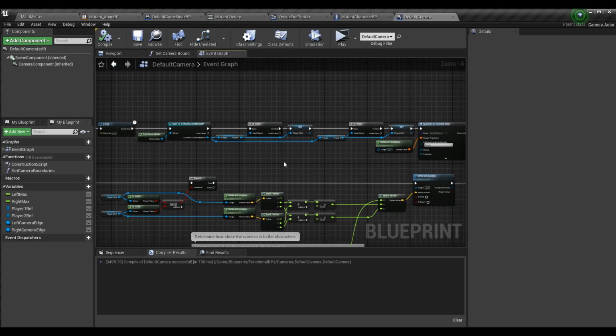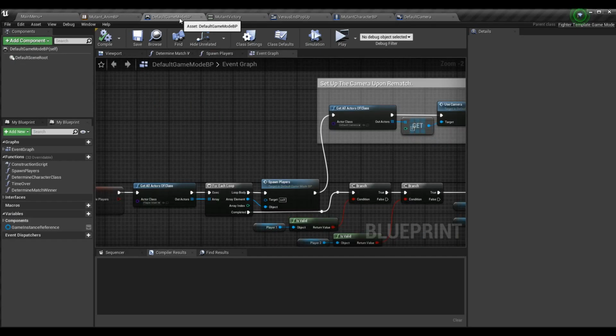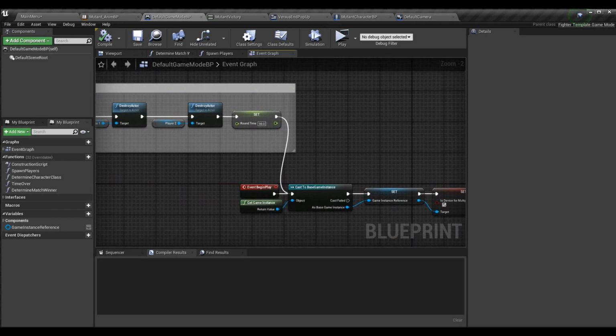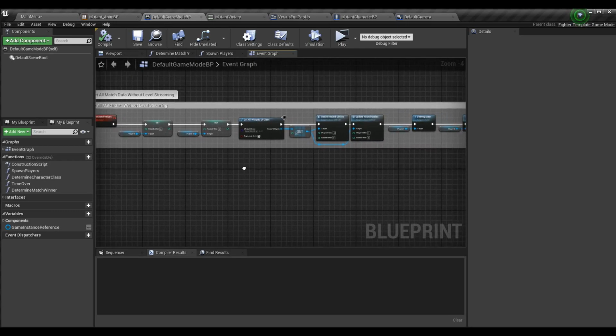It needs these references to determine where the camera should be. So if they're destroyed and we spawn a new camera, it won't work. At least it won't do what we want it to do. An easy way to remedy this is, instead of doing it with the initial logic where we had everything on resetting all the match data,